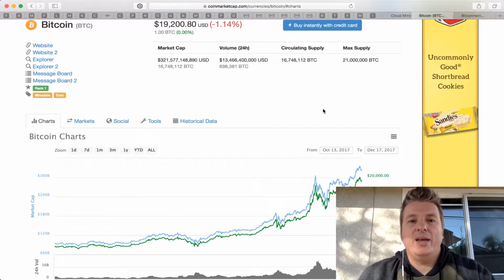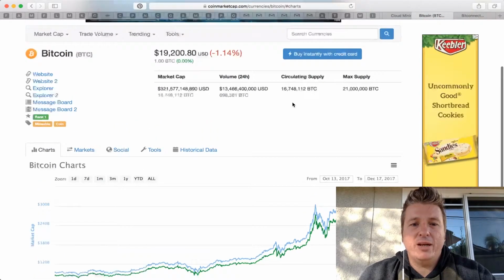I don't see why it can't go that far. So I'm going to be working my butt off to try to collect as much Bitcoin as possible. Certainly this is a very high value, but if it's going to go to 50,000, you better jump in now while you got the chance.